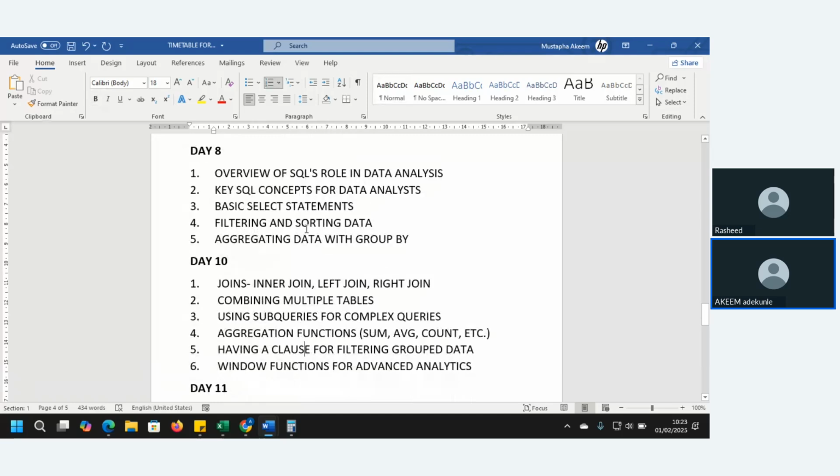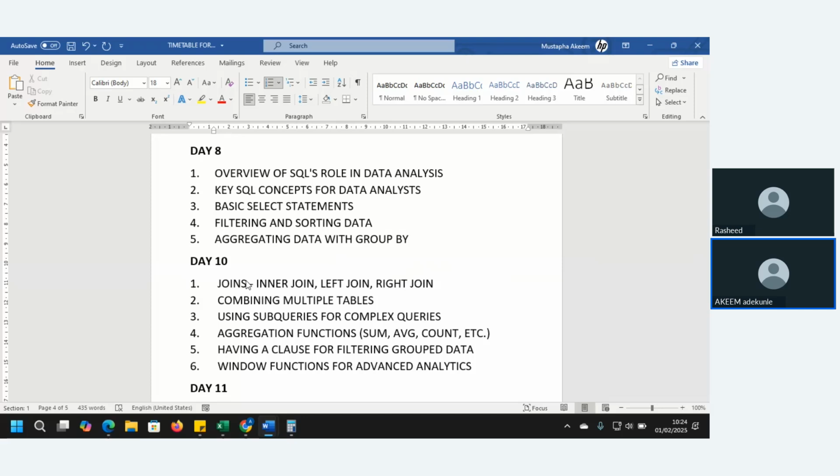SQL is basically the knowledge of databases. That is what SQL is all about. But the reason why SQL has become very important to data analysts is because data will not be sent to you in CSV in most cases. If you work with a corporate company, you are likely to connect with the data yourself and go and extract what you think you need. So nobody will give you the data, you'll be the one to extract what you need from the database.